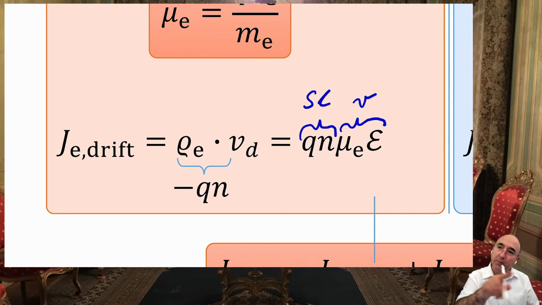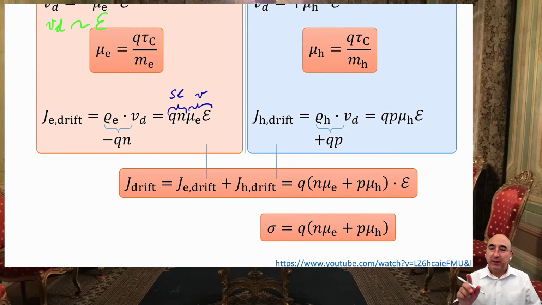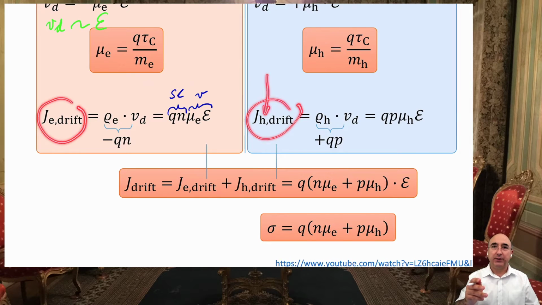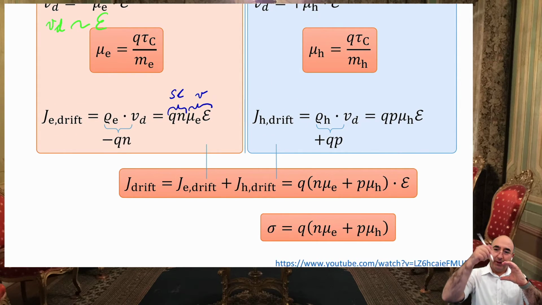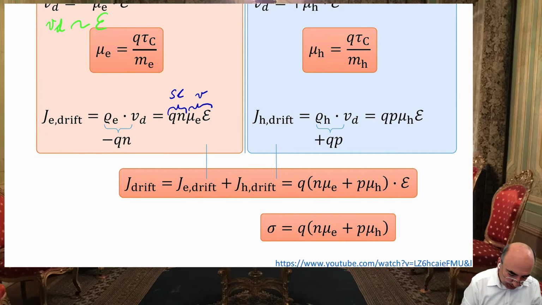We have derived the ohmic law in this situation, but we have two components, the electrons and the holes. Because if you have a semiconductor, you have electrons moving antiparallel and the holes moving parallel to the electric field, to the voltage you are applying. So both components are acting additively. And therefore, you see, this negative value